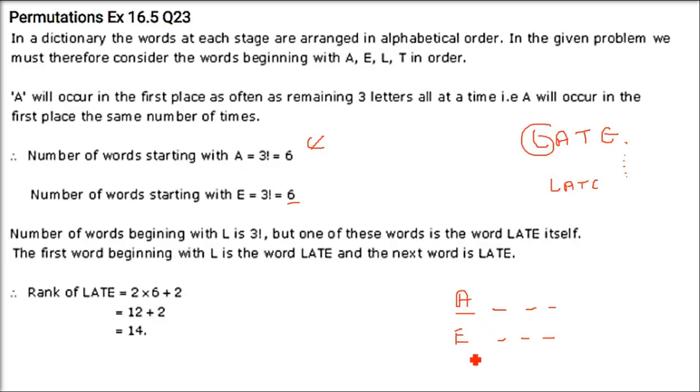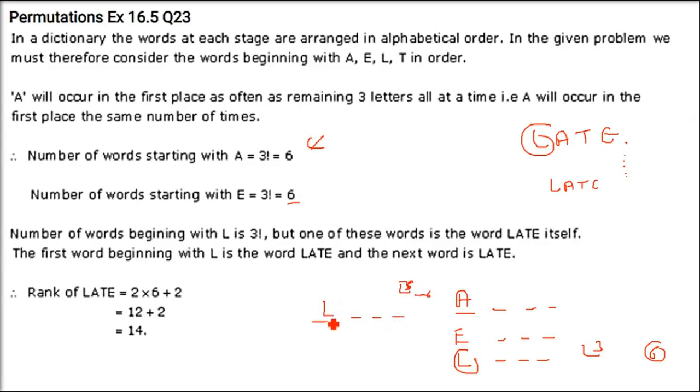A, B, C, D, E, F, G, H, I, J, K, L. Now L will come. Now after that, what will be the word? For L, what will be the first thing which will come with L? A. LA. Right? You will have 3, factorial 3. But the thing is, A will come first with L. So now mark L, A. Now you fix L, A. These all are making factorial 3, 6. We don't have to worry about this.